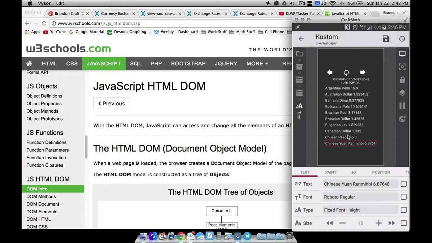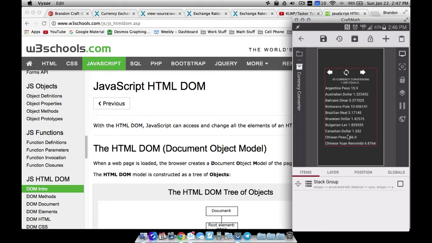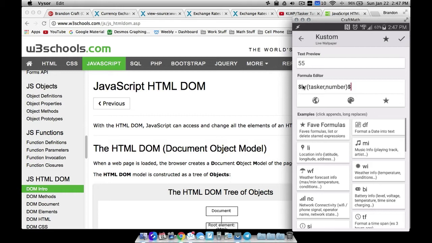And if we go over, this is going to be in a component. This will be shared on KLWP toots, so currency converter. Inside of this component, I have 2 globals. One of the globals I called nums. It's just a text global variable, and I'm broadcasting Tasker for that global or for that variable that I sent over. Remember that KLWP broadcast where I did